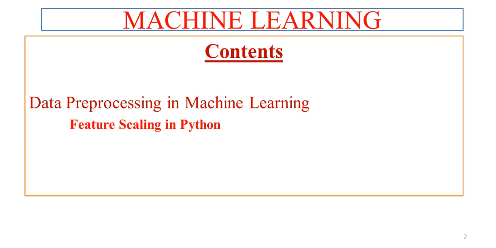The contents of this lecture are, we are going to learn how to apply feature scaling in machine learning using Python. In the earlier lecture, we learned something about the statistical aspects of feature scaling. That is, we learned the mathematical approach used in feature scaling. But in this lecture, we'll see how those complex things are implemented in Python using simple and very easy to learn APIs of Python.